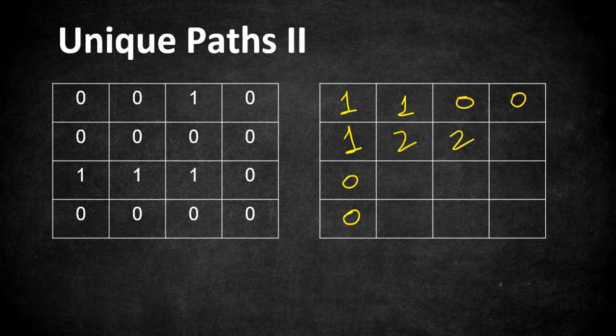So we are now at the cell 1 comma 2. From this cell, we are trying to move to right and down. So if you see what is there down, there is a block. So you cannot move further. So that cell is going to be 0. The same way from this cell, if you are trying to move down, then it is going to be 0 again.